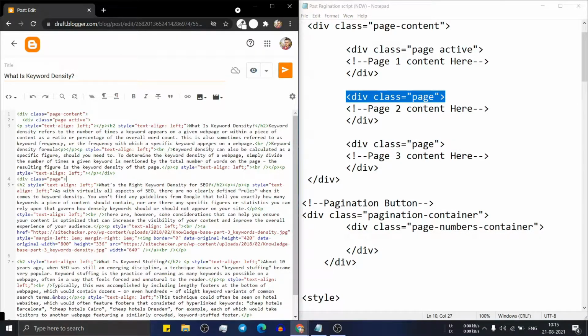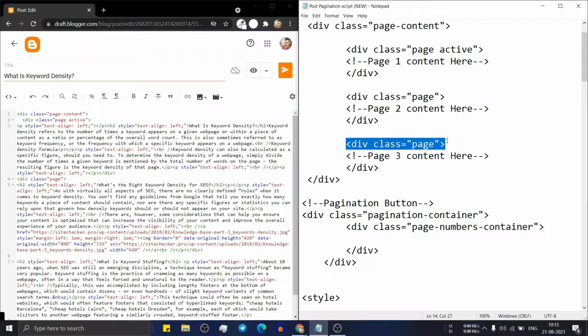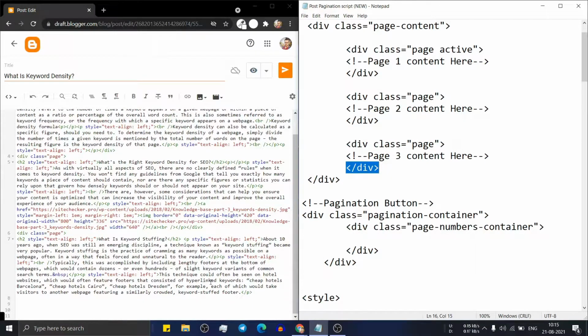Paste it and close the div tag after the second page. Now again copy the div class page and paste it just before the third page and close the third page with the closing div tag. In this way you can add multiple pages to your pagination and close each with a closing div tag.